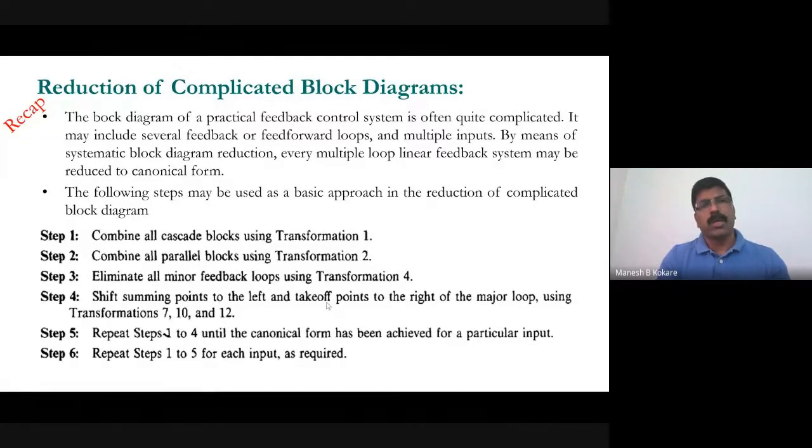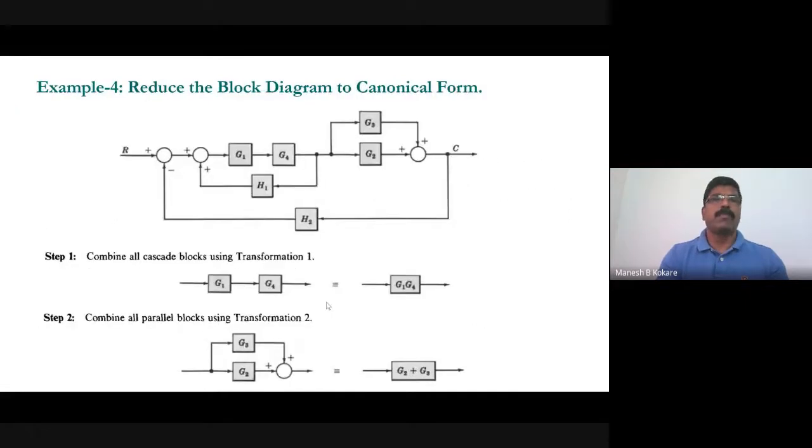This will be more clear if you take a problem like that. So this is the problem. We'll go slowly, and I hope that you will be able to understand how to reduce the block diagram. Now see, this is the input, this is the output, and this is the block diagram, right? Now you have to find out the overall transfer function C(s) by R(s) of this system by using block diagram reduction. So we can apply the first rule. Okay, so what is the first rule?